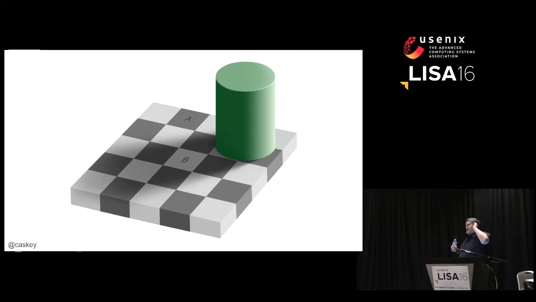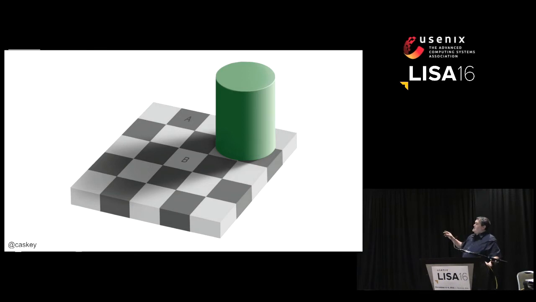Someone yell. A looks darker, all right? Which one's lighter? It's B? No, you know this. A and B are the exact same color. They really, really are. I'll leave it as an exercise for you to go and look up the checkerboard gray visual illusion. Don't do it right now, all right? But if you take your hands or cut a piece of paper out so that it covers everything but just the A and the B, I did that. In fact, as I cut and pasted this into my presentation, I was doing this to make sure I'd gotten a real one, because there are some bad versions of this illusion out there.